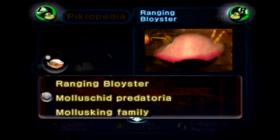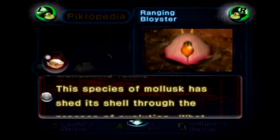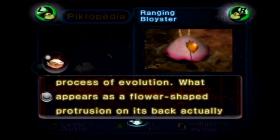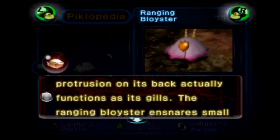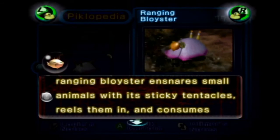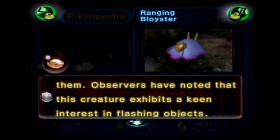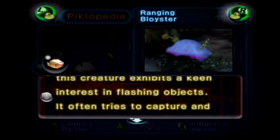Ranging Bloister, Molluskid predatoria, mollusking family. This species of mollusk has shed its shell through the process of evolution. What appears as a flower-shaped protrusion on its back actually functions as its gills. The ranging bloister ensnares small animals with its sticky tentacles, reels them in, and consumes them. Observers have noted that this creature exhibits a keen interest in flashing objects. It often tries to capture and ingest these